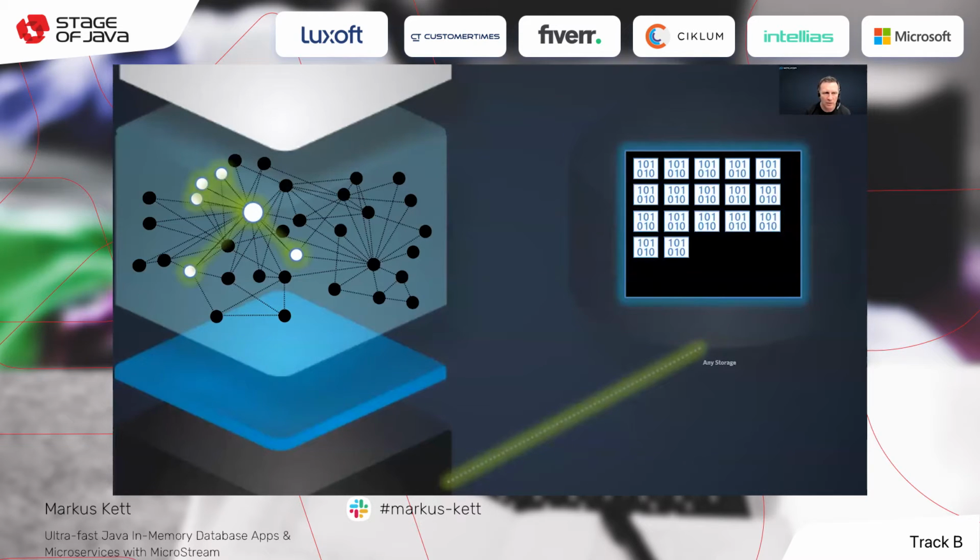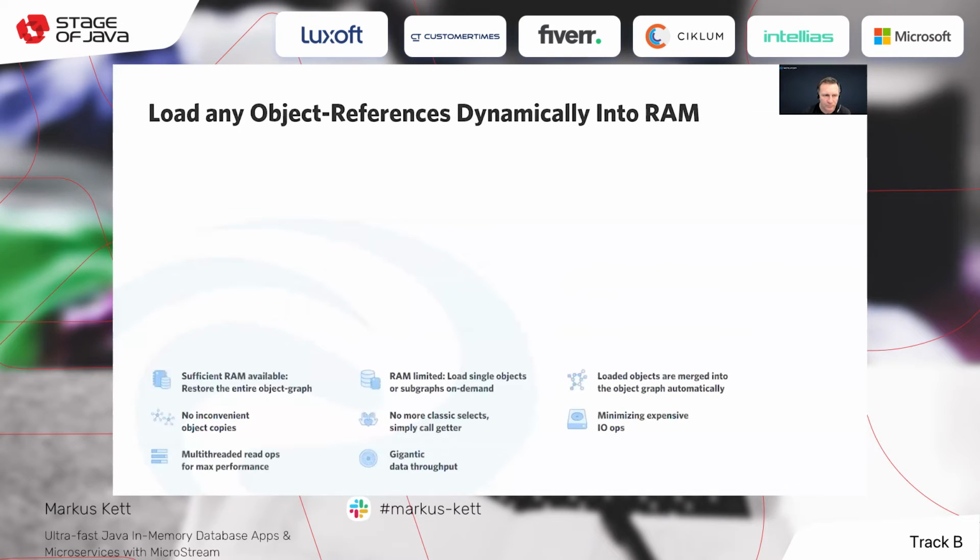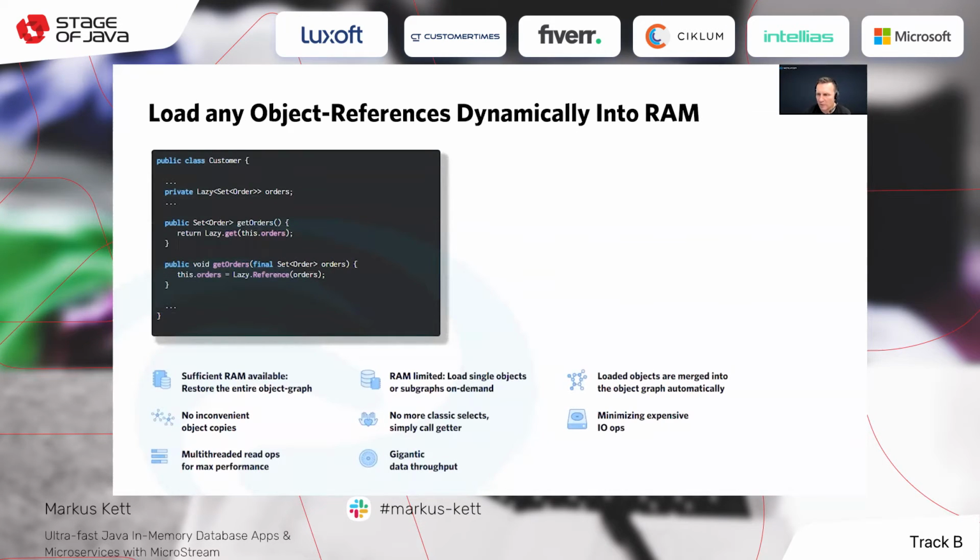If you use eager loading, then the object references are loaded initially through the application start. You can do that, but it's not mandatory. So you can also use lazy loading only. So you never have, this is very important, you never have to load the entire database in the memory. So this is also very suited for microservices to provide a fast startup time. Lazy loading is also very simple.